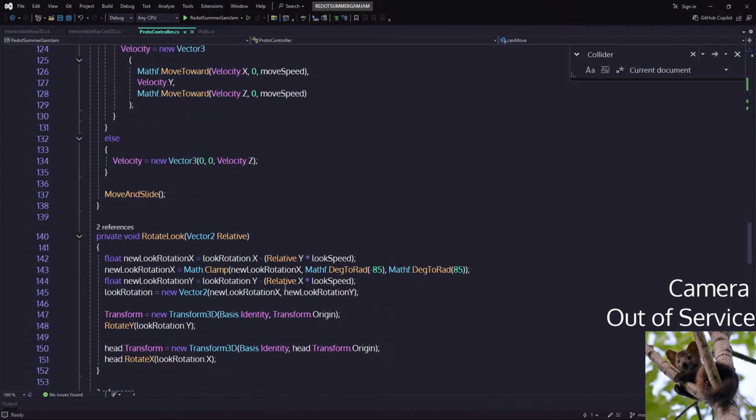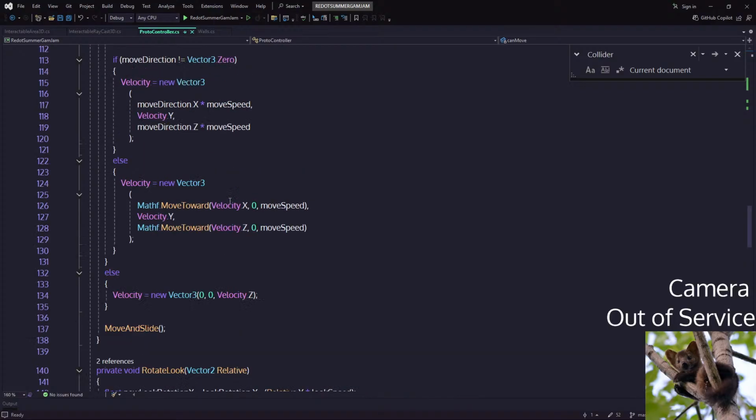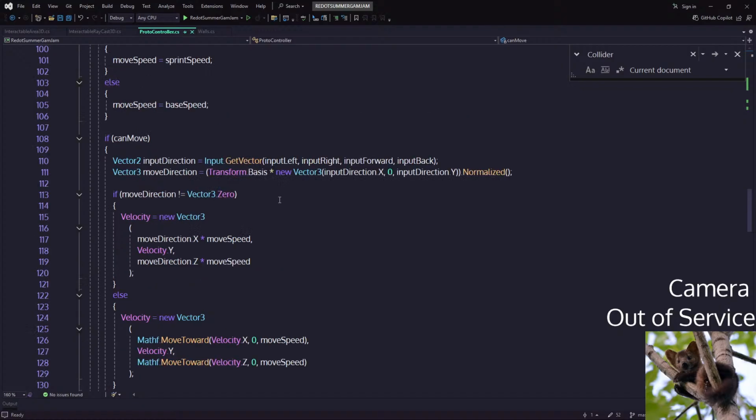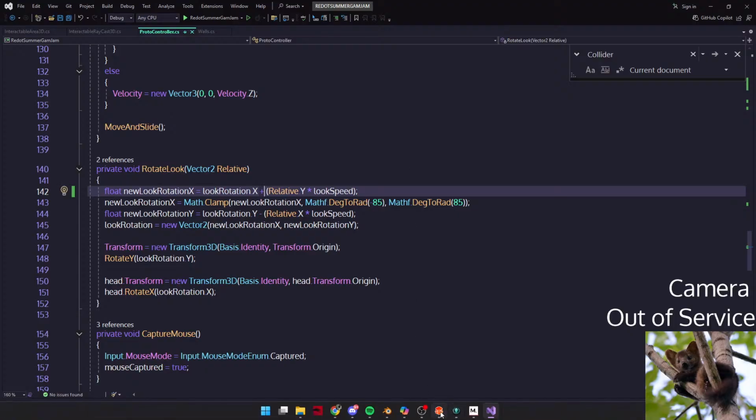It's weird because it used to work. I don't know. I'm going random.